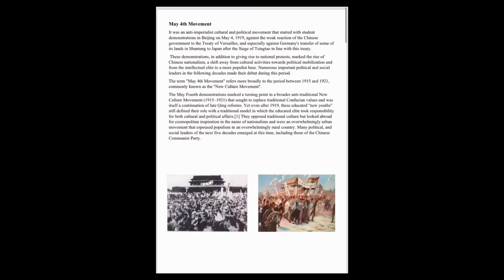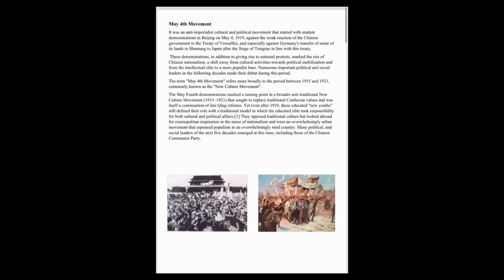The May 4th Movement was an anti-imperialist cultural and political movement that started with student demonstrations beginning on May 4, 1919, against the weak reaction of the Chinese government to the Treaty of Versailles, and especially against Germany's transfer of some of its land in Shantung to Japan after the signing of the treaty. This domination, in addition to giving rise to national protest,